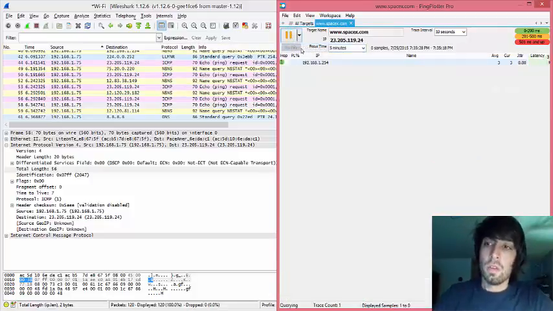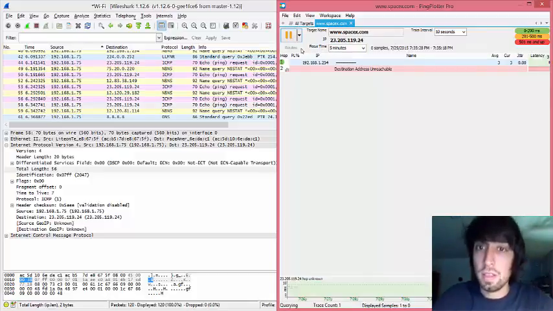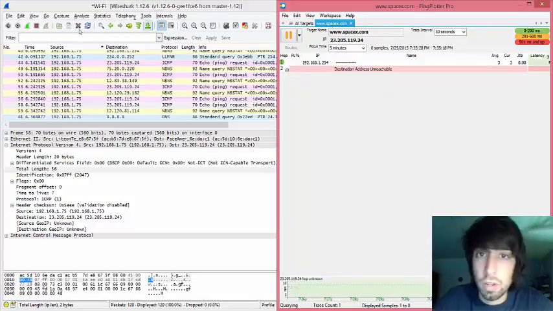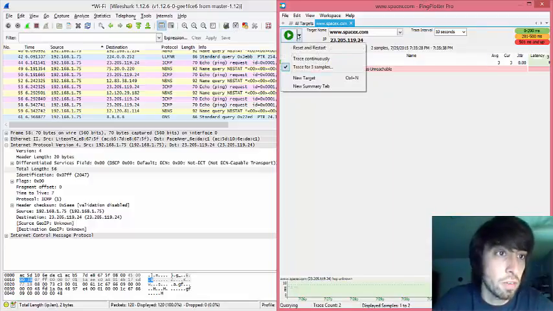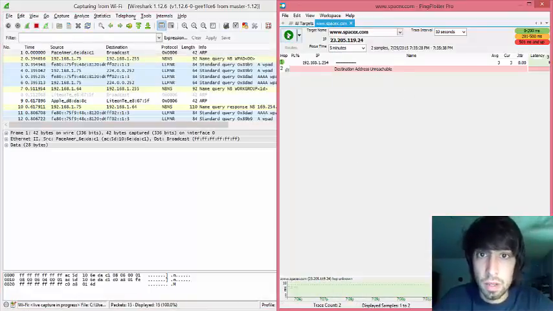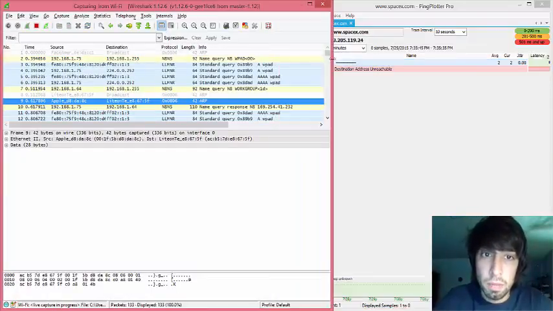Reset, restart. So we're using our 3500 byte packets, and you're going to notice that the destination address is unreachable. Actually, hold on a second. Let's pause this. I'll restart my packet capture here, and let's try that again. Reset, restart. And we're going to come to that same problem, destination address unreachable, but you're still going to see